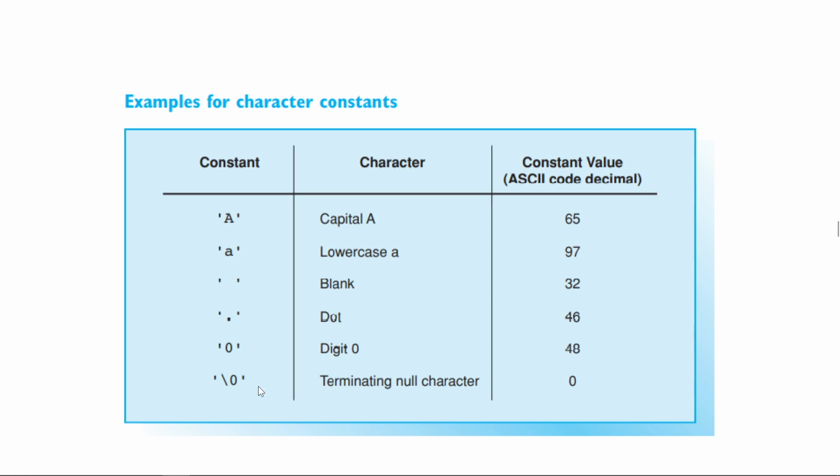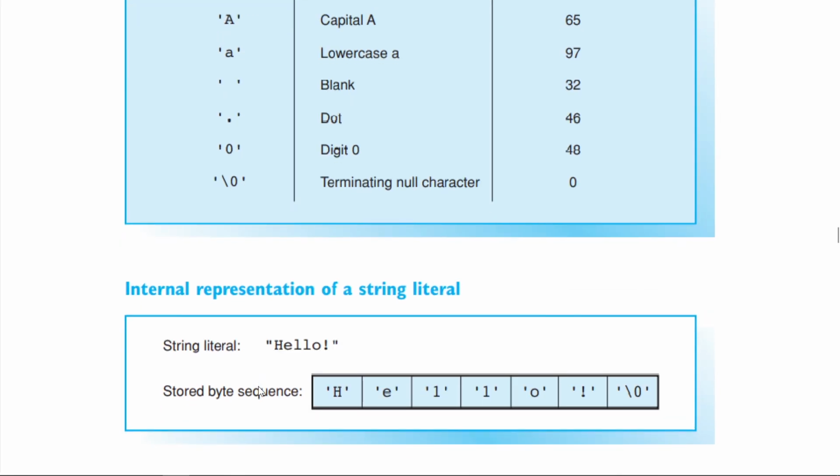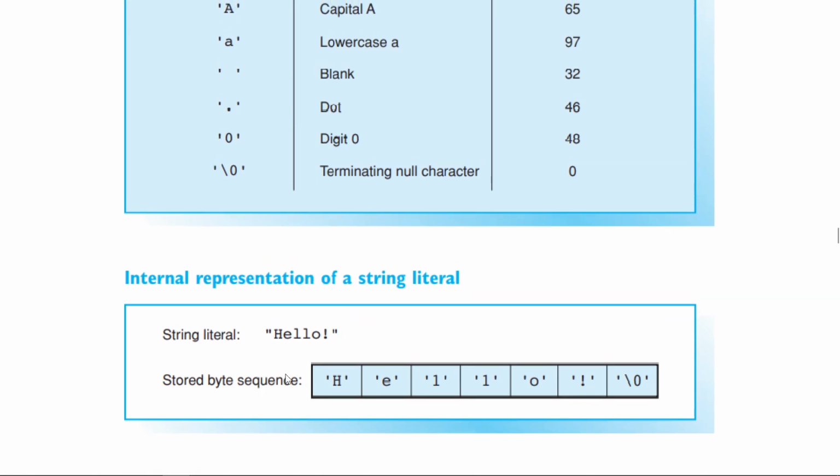Now, why does it actually terminate? It's used to terminate strings, and I'll show you why that's necessary. Let's say you're writing your code in your program and you're creating a string, or what we can also call a string literal. You start with a quotation mark, you write hello, exclamation mark, quotation mark, and when that gets stored in memory, it will get stored as a sequence of 7 bytes. Now you might be wondering, why do we need 7 bytes instead of 6, because we actually only have 6 characters? And that is because